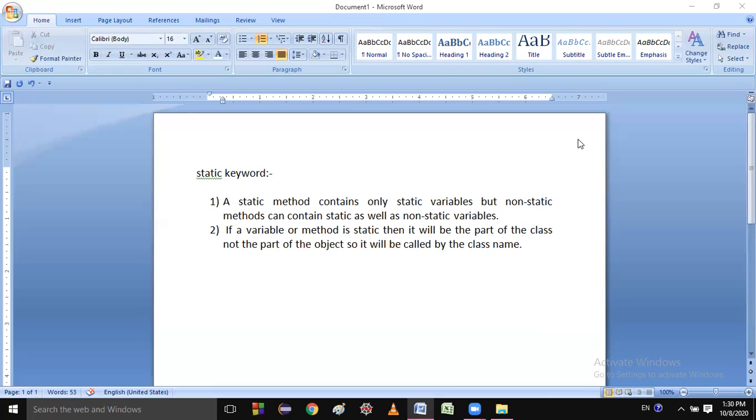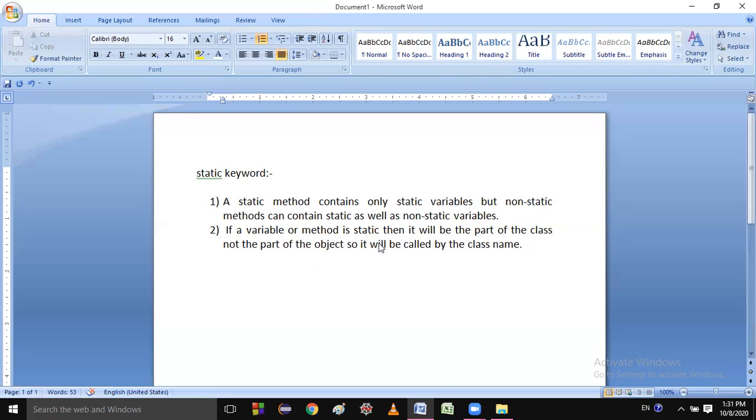But students, just focus on this point. If a variable or method is static, then it will be part of the class, not part of the object.